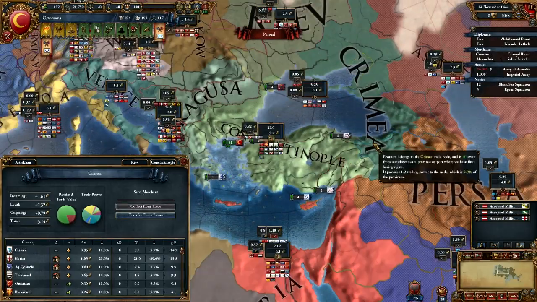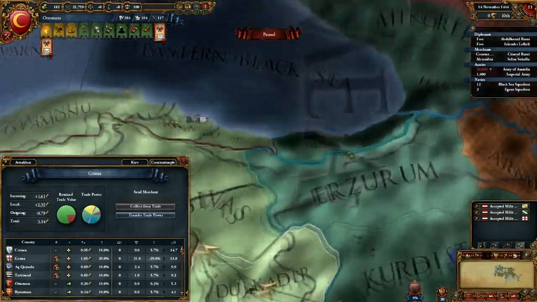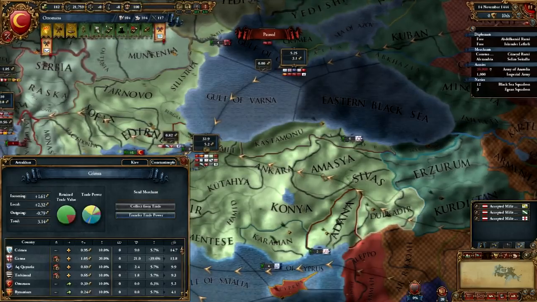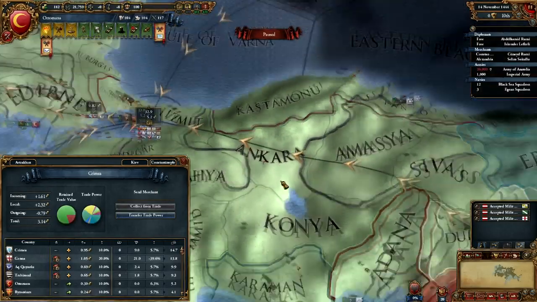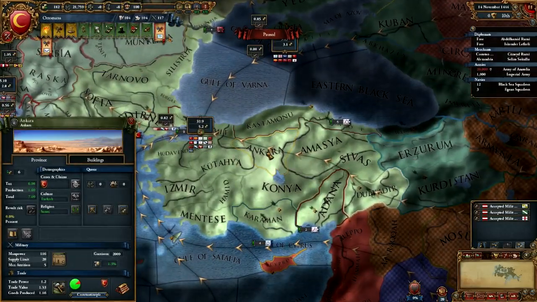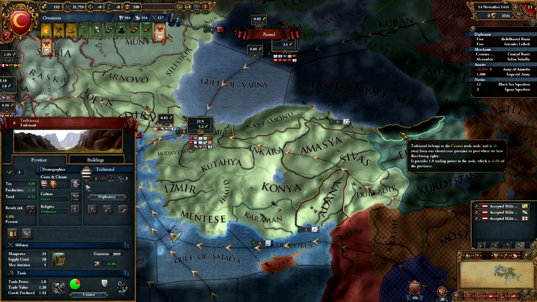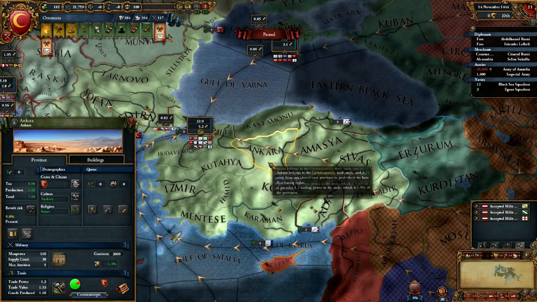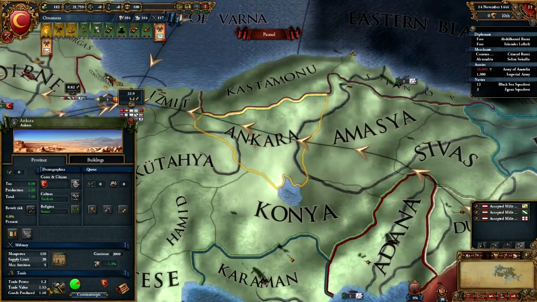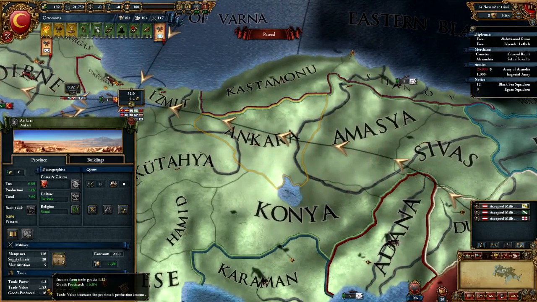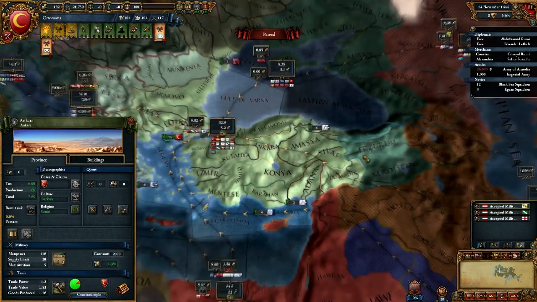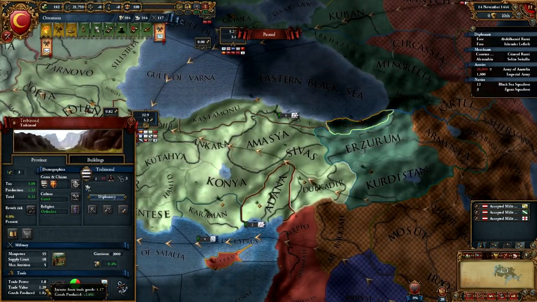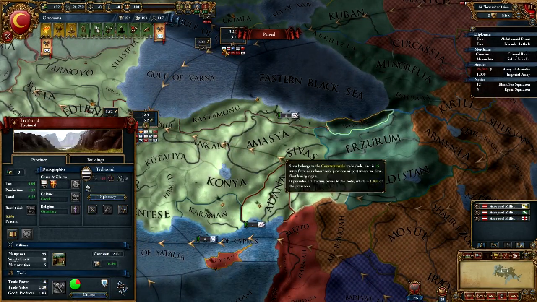So in this case, if it's a choice between building a warehouse here in Trebizond or a warehouse here in Ankara, we would go straight for Ankara. That said, perhaps Trebizond will have a higher trade value already. It doesn't. So Ankara makes most sense. It has a higher basic trade value, meaning it will be increased more by a percentage increase. But if Trebizond had the higher trade value, we get more money from production,